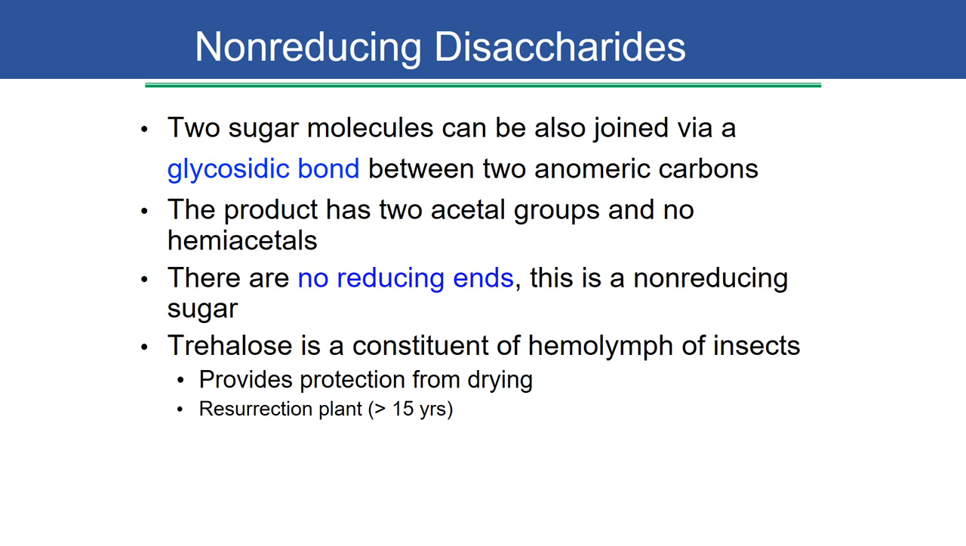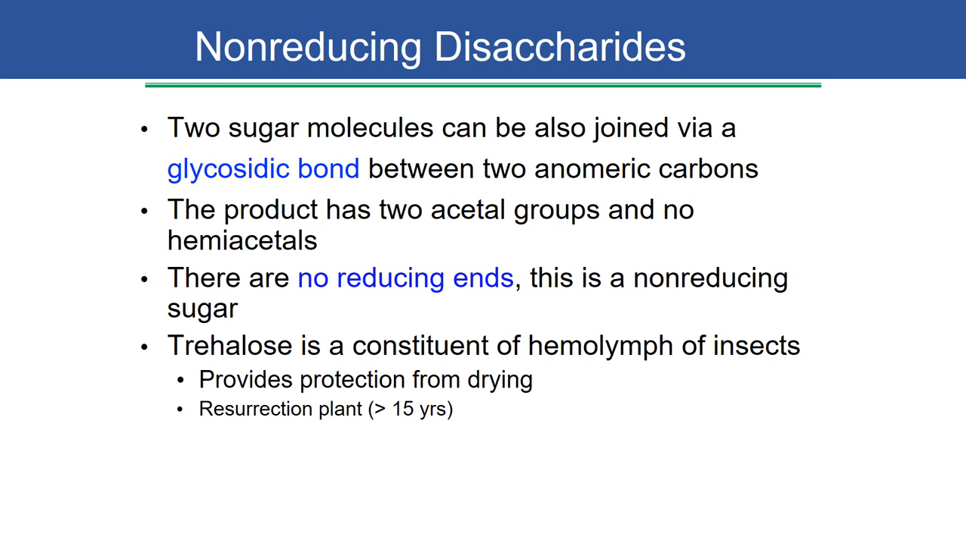Now, two sugar molecules can also be joined at the glycosidic bond between two anomeric carbons. That's when you get a non-reducing disaccharide, and that's when you get non-reducing sugars. If you take the anomeric carbons and put them together, that means there are no reducing ends. Trehalose is an example. It provides a very important protection against drying. You'll also see this in sucrose. Sucrose is not reducing because it does not have any free ketone or aldehyde,